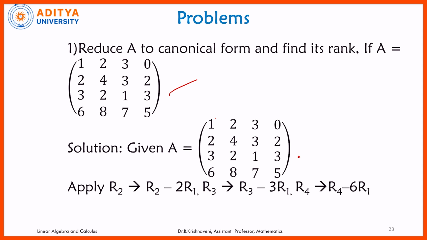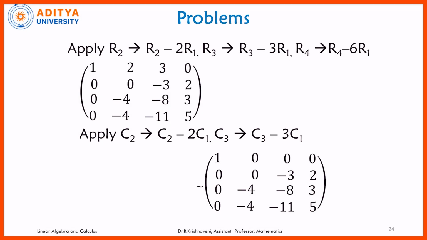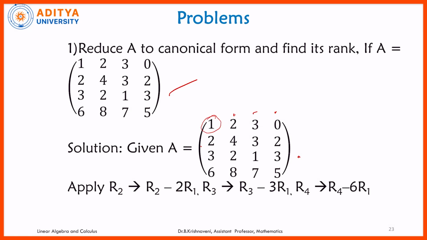So now in order to do this, first of all we need to reduce this into normal form. The first step is, you need to fix the first row first element, and make the elements below it zeros using row operations, and the adjacent elements zeros using column operations. In the next step, in the resultant matrix, fix the second row second element and do the same process using row and column operations until the given matrix is reduced to normal form. Now let's see how to do that.